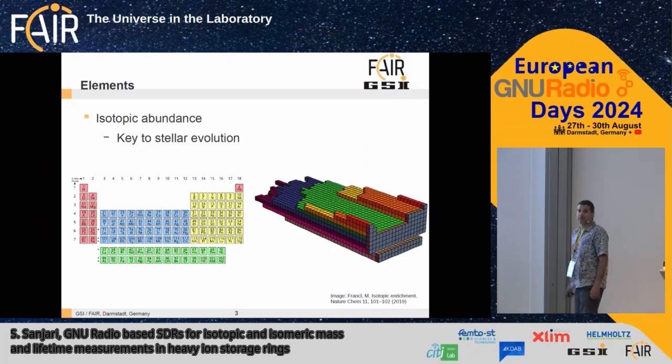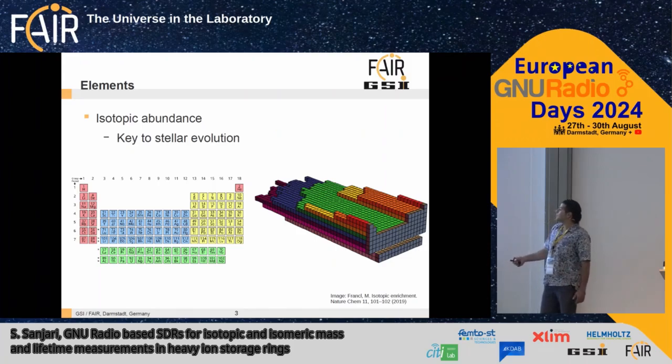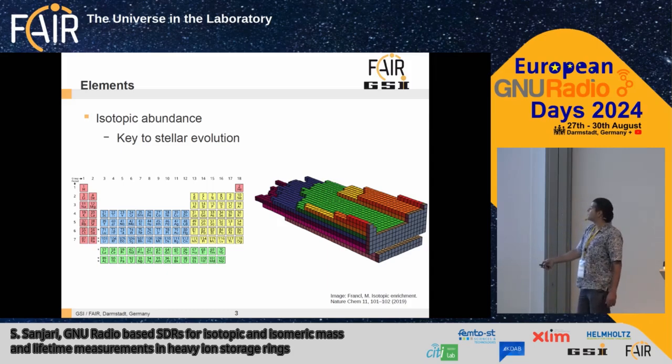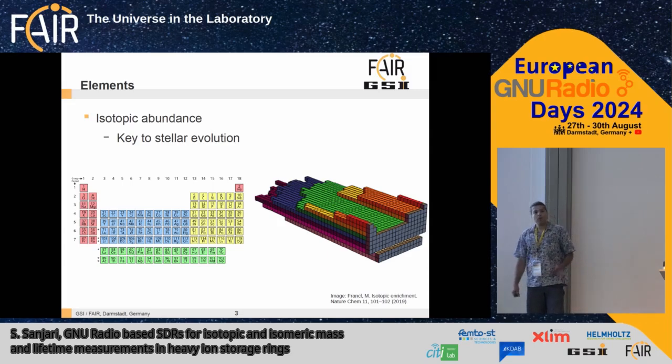Basically, we are interested in elements. Everybody knows about the standard elements. This is the periodic table of elements that you see everywhere in schools and universities. It is a very good thing, because it contains all of the elements according to their chemical properties. But there is some information that is missing in the standard presentation of the elements: every element exists because of a certain number of protons that it has. But what is much more important is that they can have different numbers of neutrons,